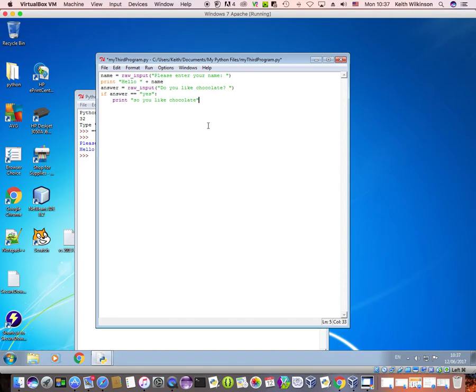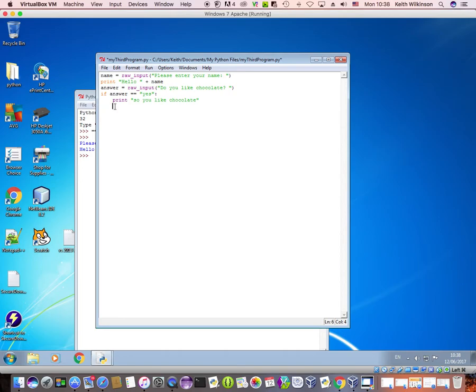But what happens if they answered no? So I'm not going to write if answer is equal to no again, because we can have one of two things. It's either true or it's false. So that's either true, they answered yes, or they didn't answer yes, which is false. I can use another special statement. So when I press enter, I get my cursor right on the line underneath the print with 4 spaces before,